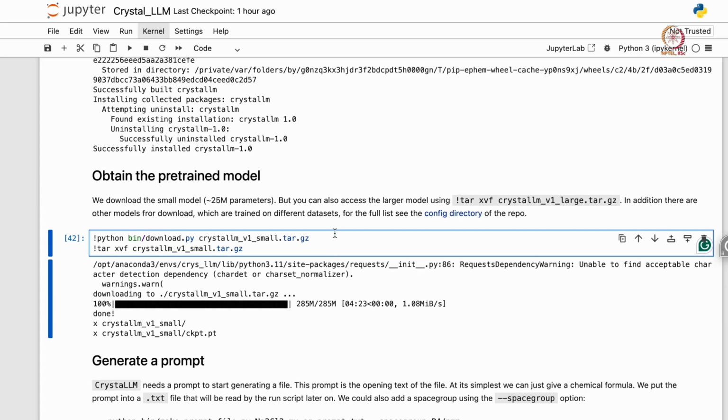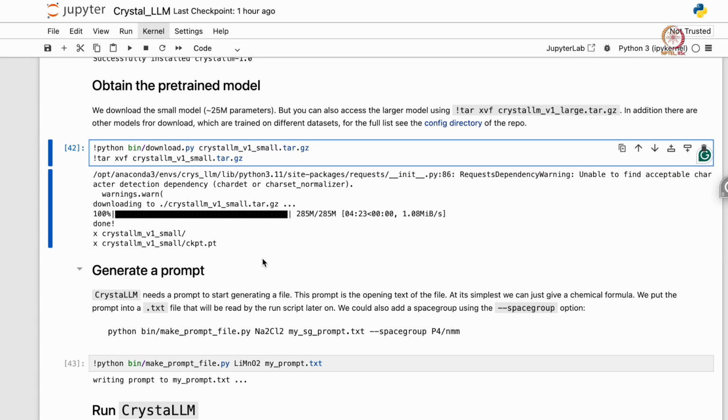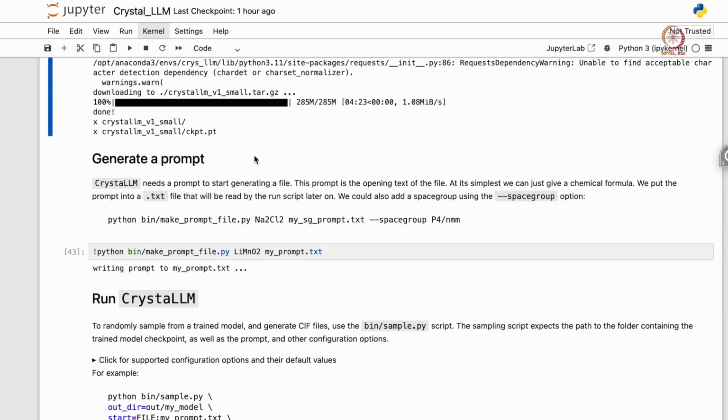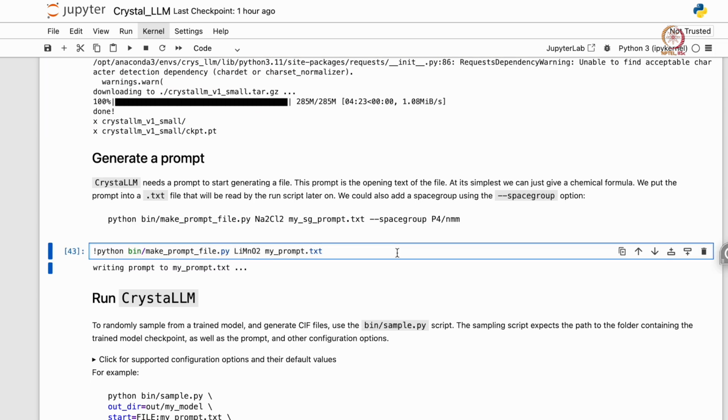So you run this block, and the small model is downloaded. You can visit the GitHub repo of CrystalLM, where they have listed a large number of models that they have trained, and you select one of them. Now once you have downloaded the model, next you need to generate a prompt. There is a Python file that makes the prompt, and the prompt is: I want to generate LiMnO2.